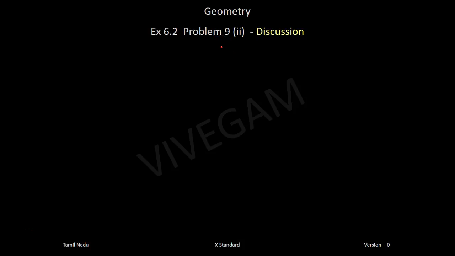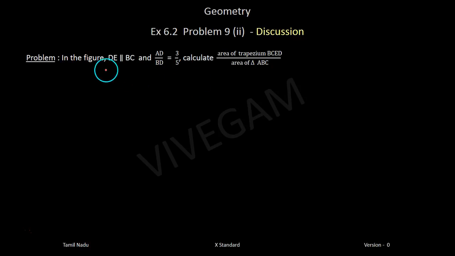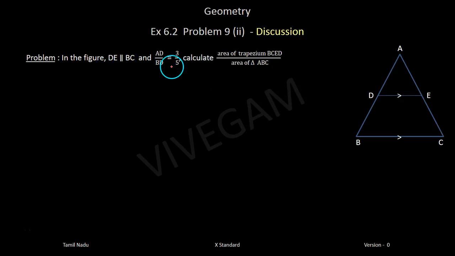Exercise 6.2, problem 9, division 2, discussion. It's the same problem, and DE is parallel to BC in the given figure, and AD by BD equal to 3 by 5, and we are asked to calculate the area of the trapezium BCED